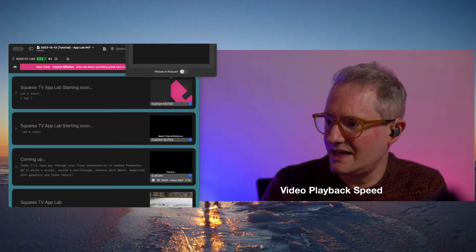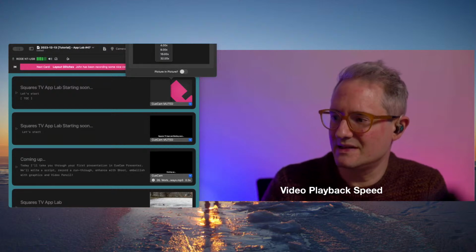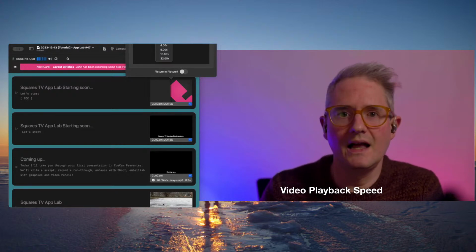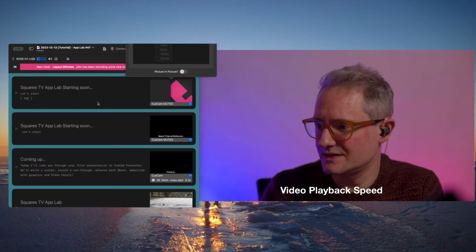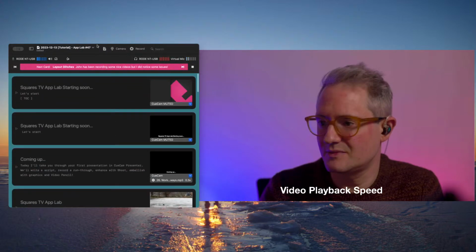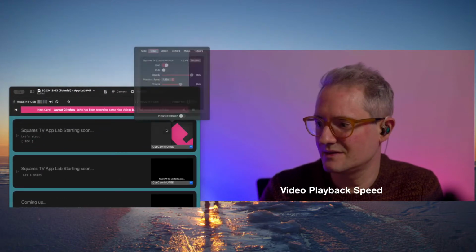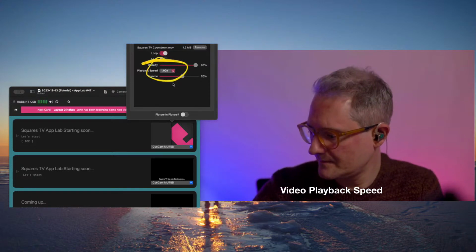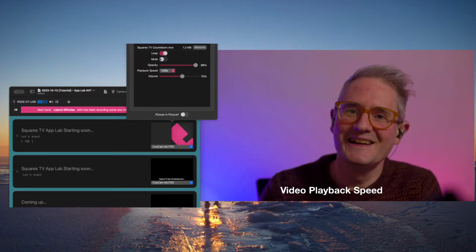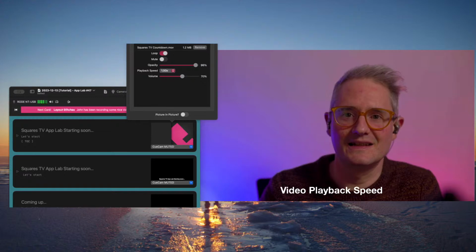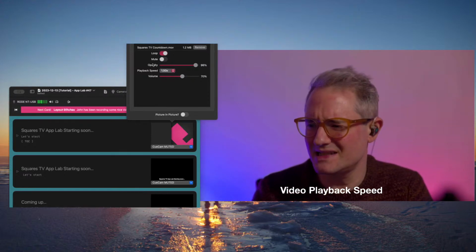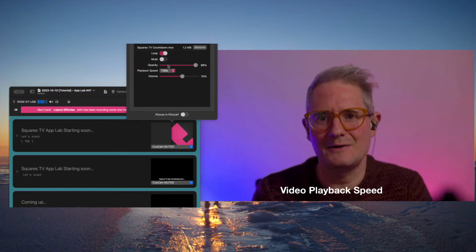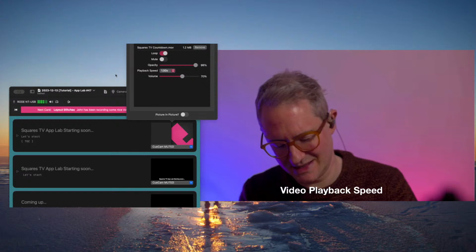There is now a playback speed control. Oh, you can't see that. Let's scroll it, let's bring it down. I think we can show you playback speed. So there's a playback speed. And actually, you're not going to have this. I might just let you have it, but there's an opacity control, which is how I've done the